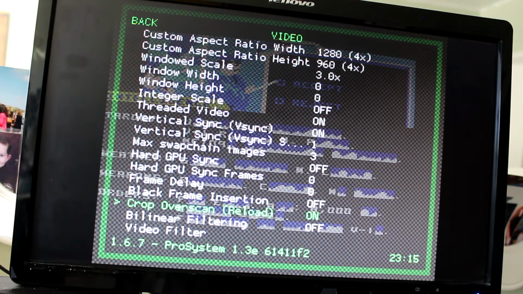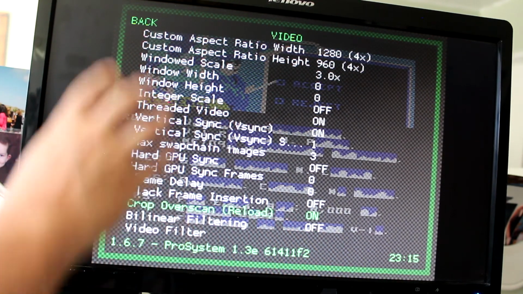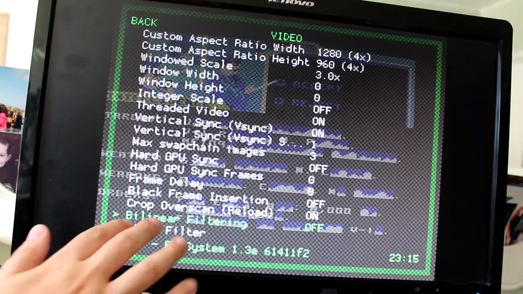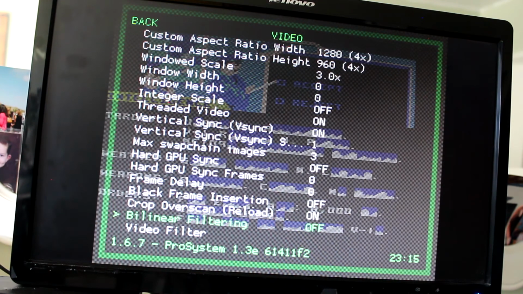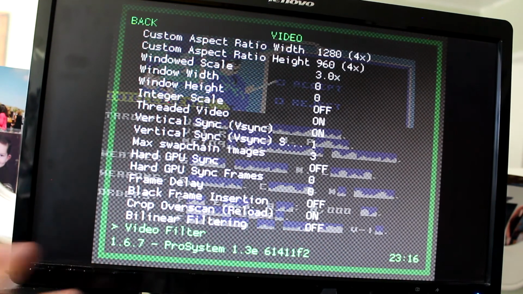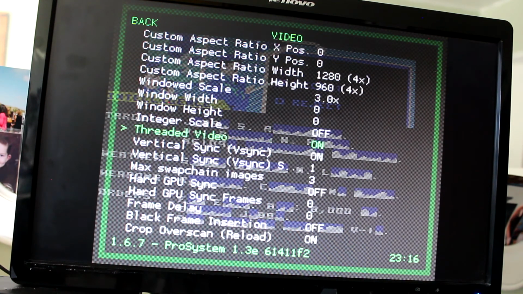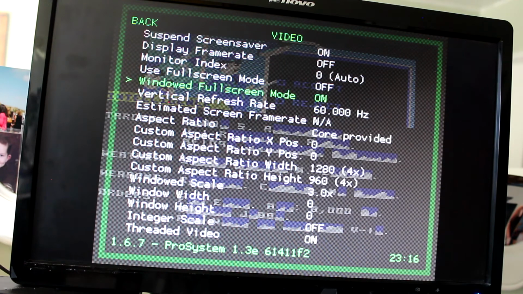Then we have crop overscan, which is an effect to get rid of the black bars on screens, which can be edited elsewhere, and I recommend editing it not in this menu, but elsewhere. Then you have bilinear filtering, which will help to smooth out the pixels on the game, and you have a video filter area where if you have installed custom video filters, you can add them to the games or consoles the same way you've done the shaders earlier. And those are about all the important settings here, other than full screen and windowed full screen, which are pretty